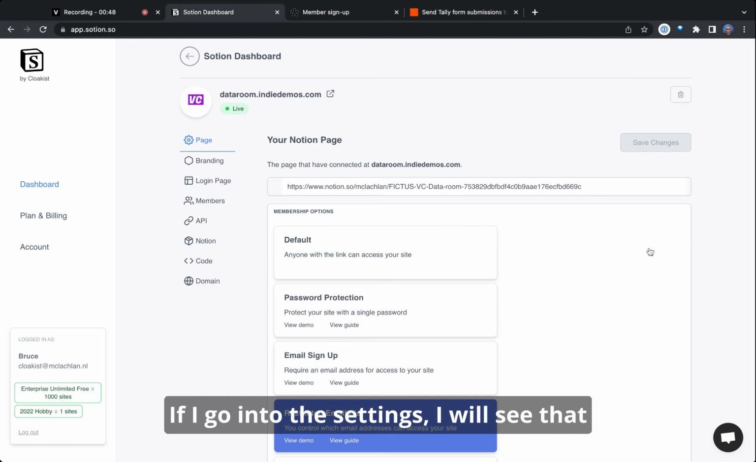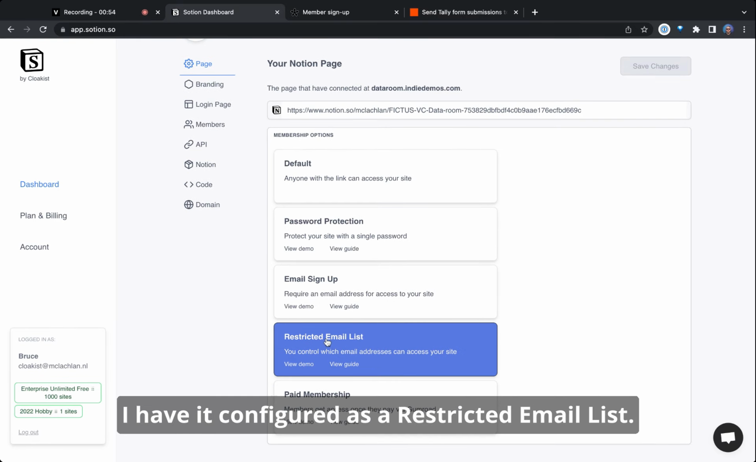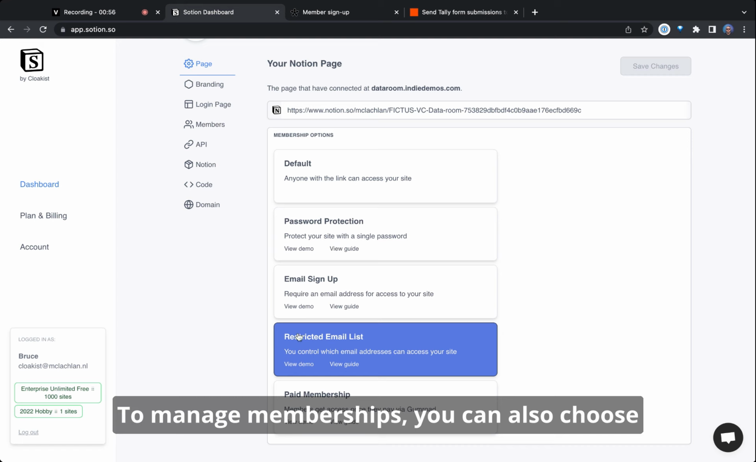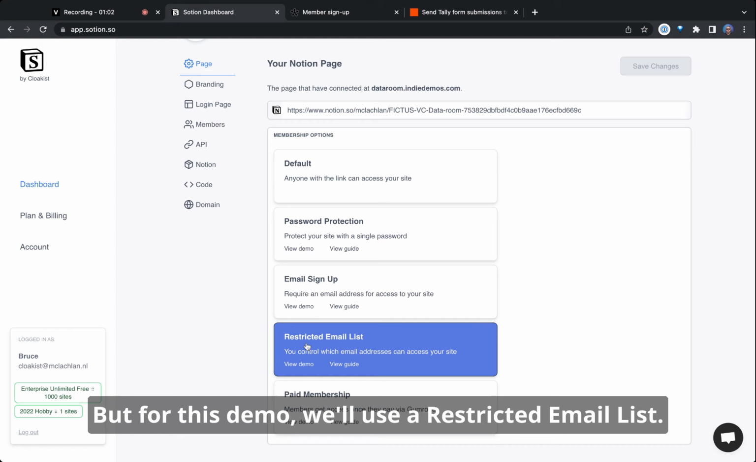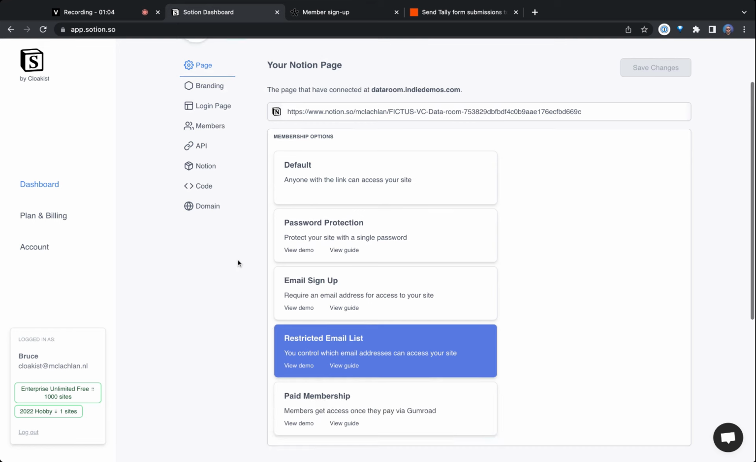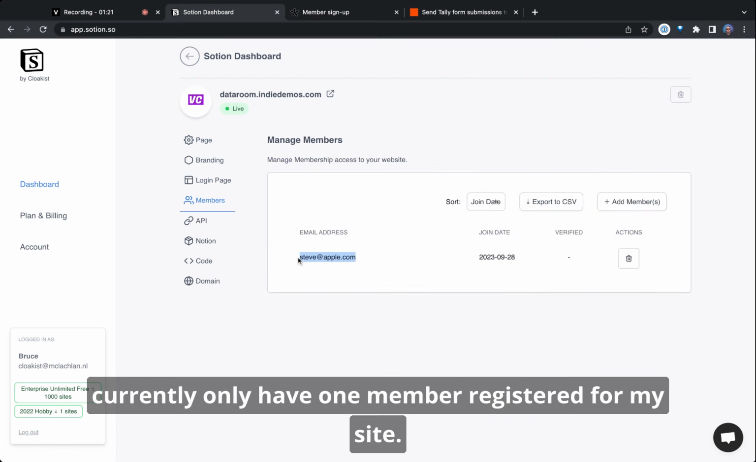If I go into the settings, I will see that I have it configured as a restricted email list. To manage memberships, you can also choose from email sign-up or paid memberships. But for this demo, we'll use a restricted email list. If I click on the members menu, you will see that I currently only have one member registered for my